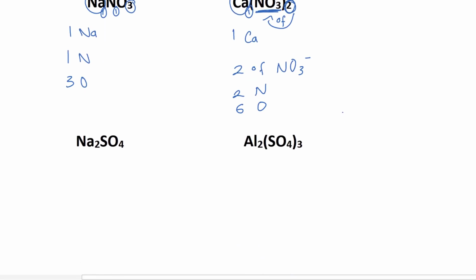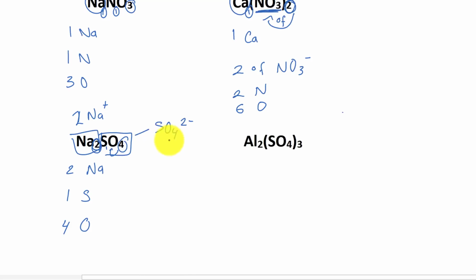Let's look at another example. In this case, we know that the subscript tells you there are 2 atoms of sodium. The sulfur does not have a subscript, so we assume it's going to be 1, so 1 atom of sulfur. The oxygen has a subscript of 4, so therefore 4 oxygen. And then if we want to identify the ions, this is 1 ion right there, which is Na. Well, in this case, it's not going to be 1, it's going to be 2 Na plus. What about SO4? That is actually an ion of SO4 2 minus. So this is a polyatomic ion. In this case, how many do we have? We just have 1